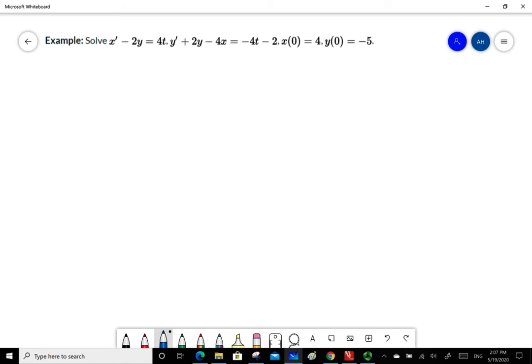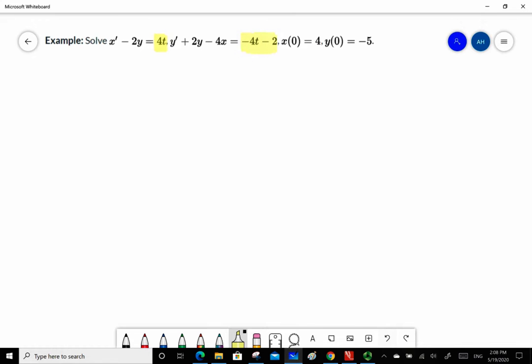Solve x prime minus 2y equals 4t, y prime plus 2y minus 4x equals negative 4t minus 2, where x of 0 equals 4 and y of 0 equals negative 5. Before we start solving this system, notice that t is the independent variable and both x and y depend on t. This can be a little confusing if you've gotten too comfortable always thinking of y as a function of